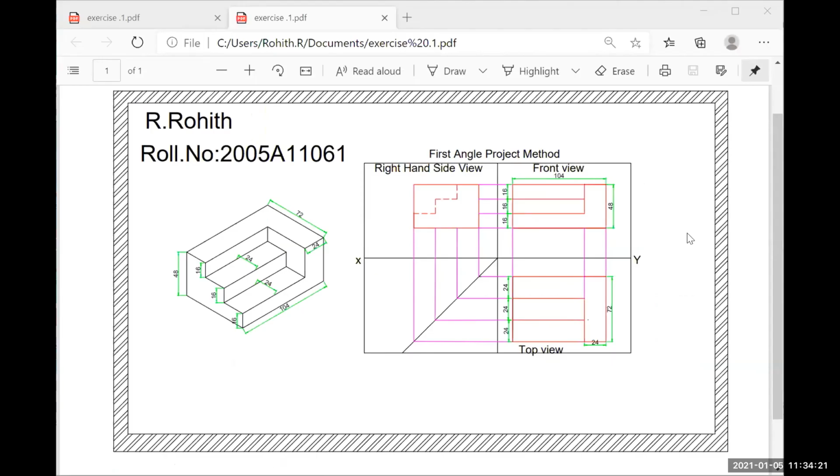Yeah, this is what Rohit has drawn, 11061. So really I am very happy to see that you have drawn this, and this is what a teacher looks for from his student. This gives us satisfaction. Very good. Any other person who wants to show what they have drawn and done? If there is any person like that, you can unmute yourself and I will make you the co-host and you can share whatever you have drawn.